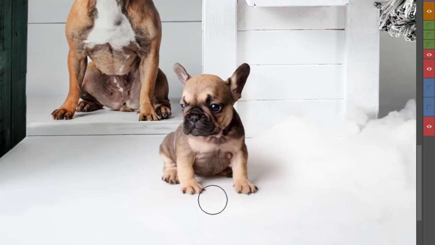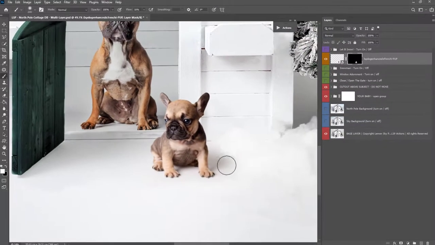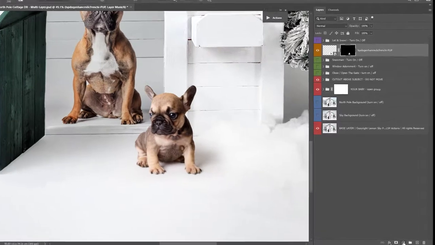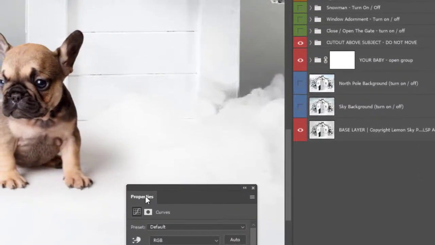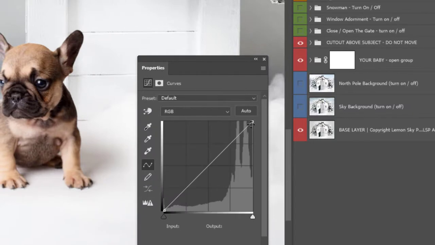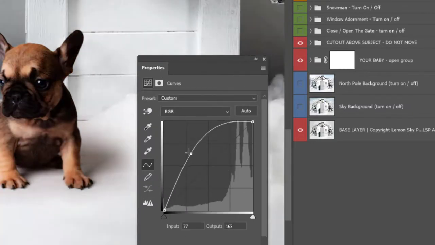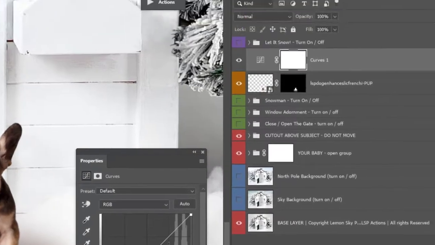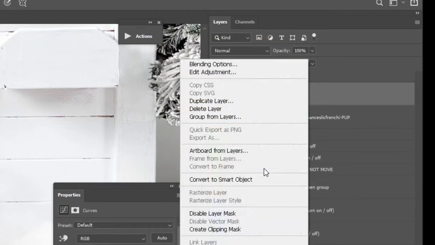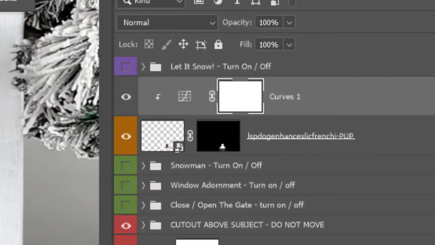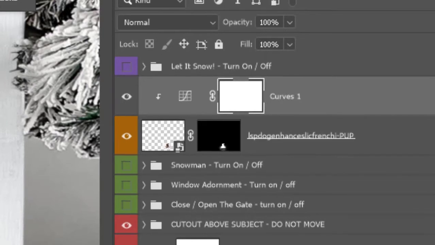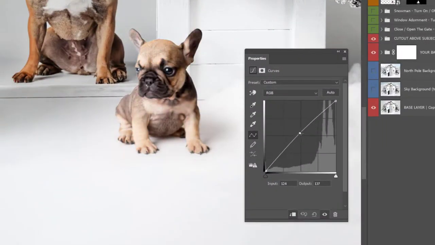So what I want to do is slightly brighten under here, because you can see he's on a layer that's slightly darker. So I'm going to come down here to the adjustment layers and add curves or levels. That will bring up this option here. Now if I change this, it's going to change the whole background, which I don't want to do. So right click and choose create clipping mask, and what this is going to do is clip it only to this puppy layer and nothing else. So you can see I can darken the pup down or up now. So I'm just going to lift this up a little,